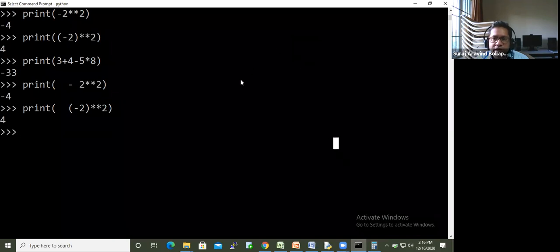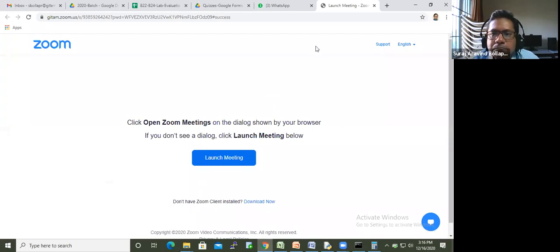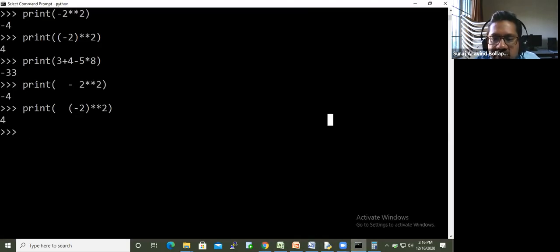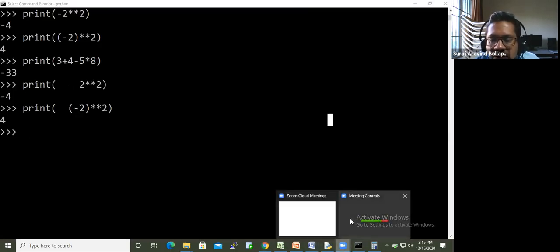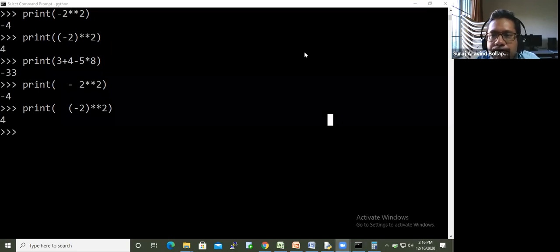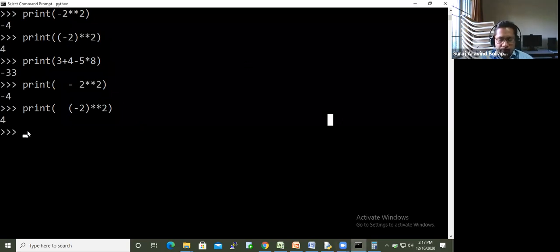So there are some messages in the chat. Let me just see what they are. Where is the chat Zoom window? Right. So difference between single slash and double slash. Okay. And